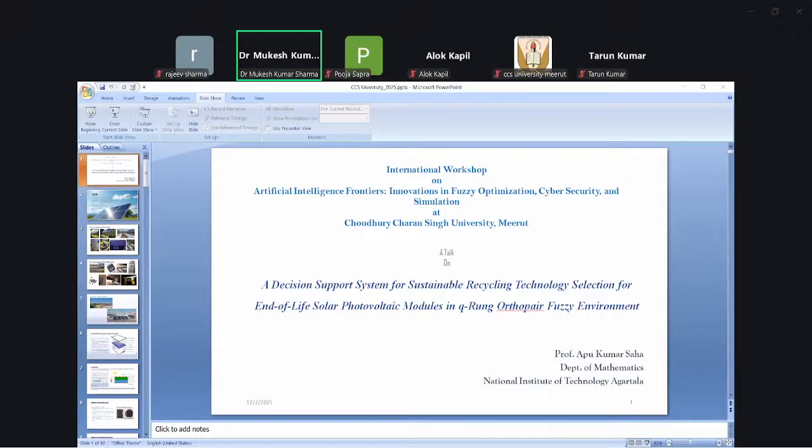These are the recycling techniques, such as organic solvent dissolution and organic solvent ultrasonic radiation. So 5 plus 5, so 10 alternatives are there. So this is the table based on